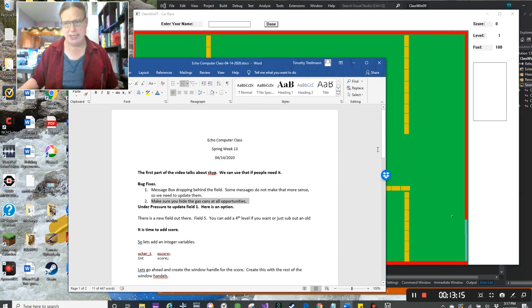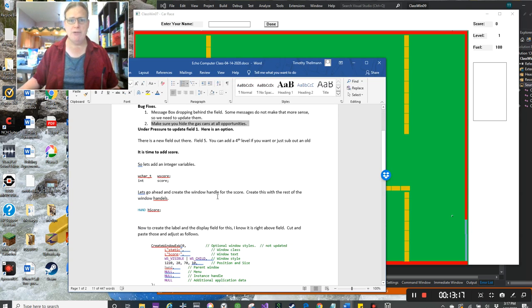This is all in the document. We already know we need our own field, an integer that we're going to keep track of score with. So we're going to have this integer that we can add and subtract to and do all of our other math with. And then we're going to have this thing called WScore, and we're going to convert the integer value to the WCHAR_T, which is the international standard. And then we're going to shove the Windows standard object into the Windows handle,